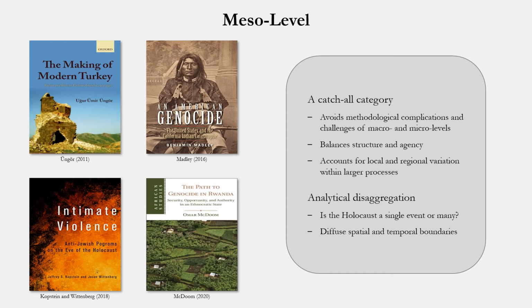Likewise, Kopstein and Wittenberg utilize polling data from interwar Poland to explain the variable occurrence of anti-Jewish pogroms in different communities. Focusing on group polarization, they find that areas that possessed stronger Jewish support for minority political parties that advocated for cultural autonomy created collective perceptions of Jews as outside the community of nation-state solidarity, thereby making pogroms more likely to occur. In sum, given the flexibility of the meso-level approach, I recommend this as a comfortable starting point for